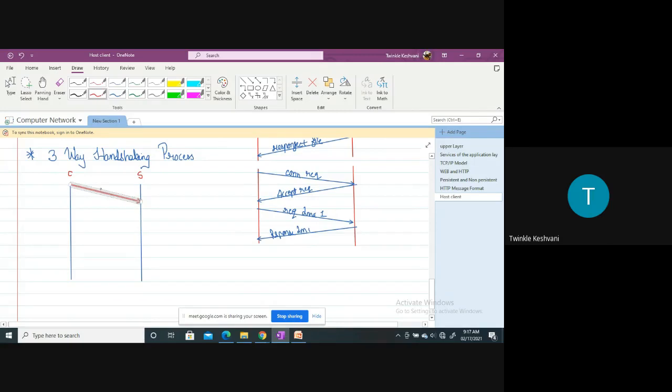Now, as the server receives the request from the client for establishing the connection between them, the server will send back an acknowledgement accepting the request, whatever the client has requested. So here the server will accept the connection request. Here let me write, this is a connection establishment request.